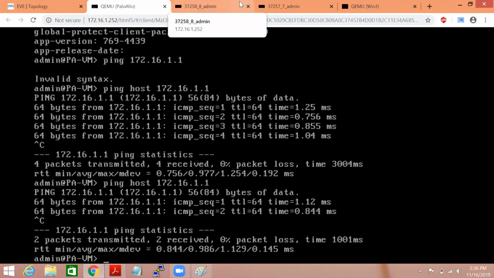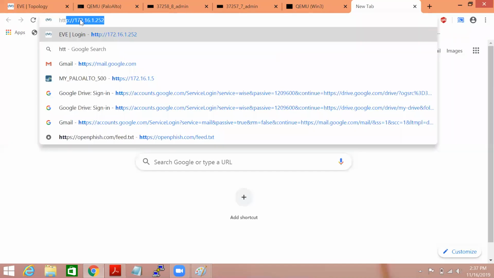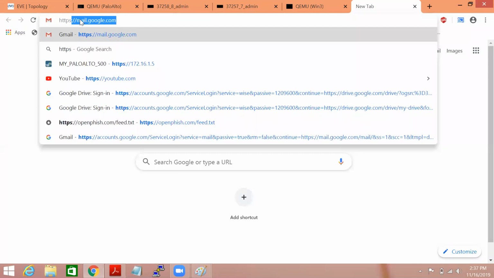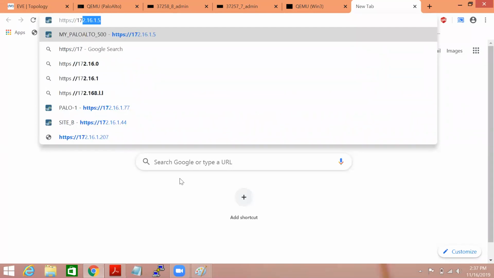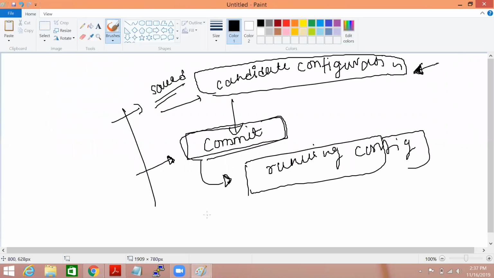And now it's time to access the GUI of Palo Alto. In order to access the GUI, you just have to type HTTPS. Guys, one more thing you have to remember: on the management interface, only 3 services are allowed.